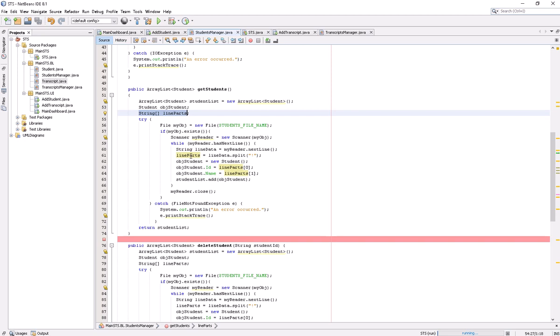So from this lineParts, I'm creating the student object, and I'm setting its public properties, ID and name. You should not declare them as public, but for the sake of simplicity, to do it quickly, I have not gone into the details of access modifiers. So I'm directly setting its public variables: column 0 was the ID, and column 1 was the name, and the object is initialized. Now I'm adding that object to the list.